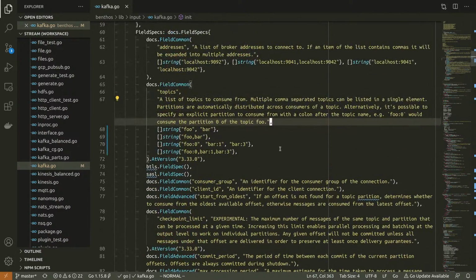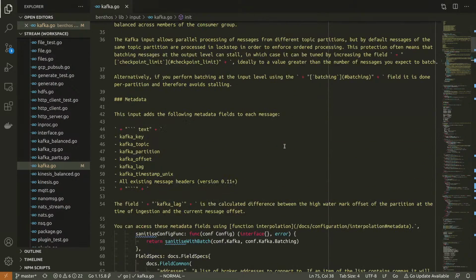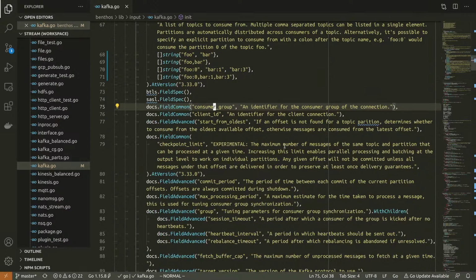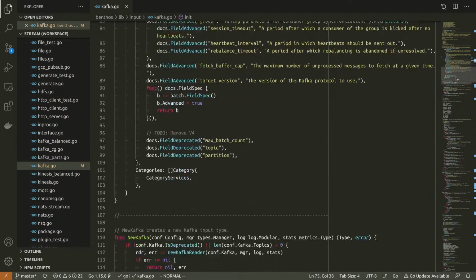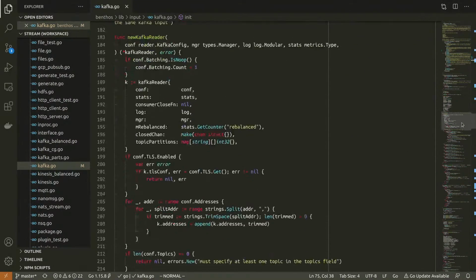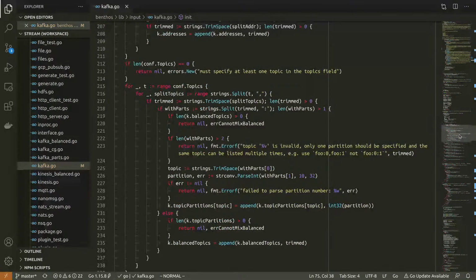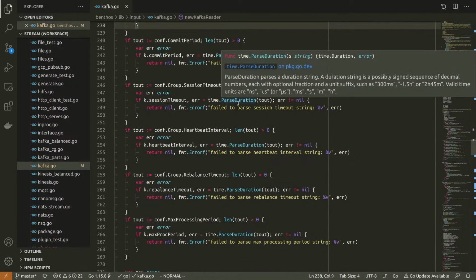So what I'm going to do for now is, right now you always have a consumer group, and it's actually got a default value, so even if you don't specify it in your config, then it will have a default. So you're basically always in a consumer group when you run the Kafka input. So what I'm going to do is allow you to not have a consumer group. For now, for the purpose of backwards compatibility, we're always going to have a default, because obviously if I remove that, it could break people's existing configs.